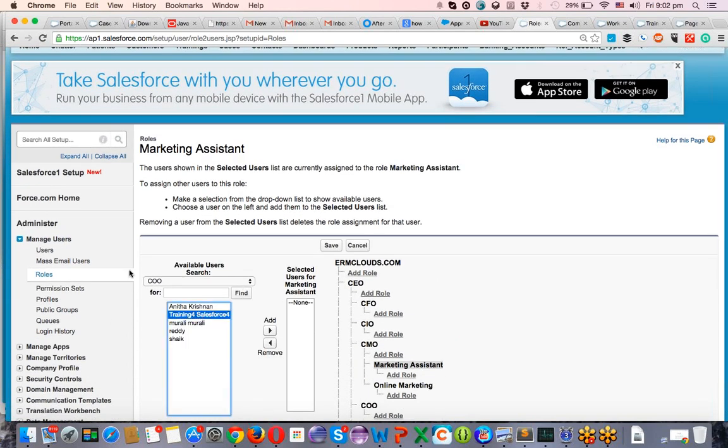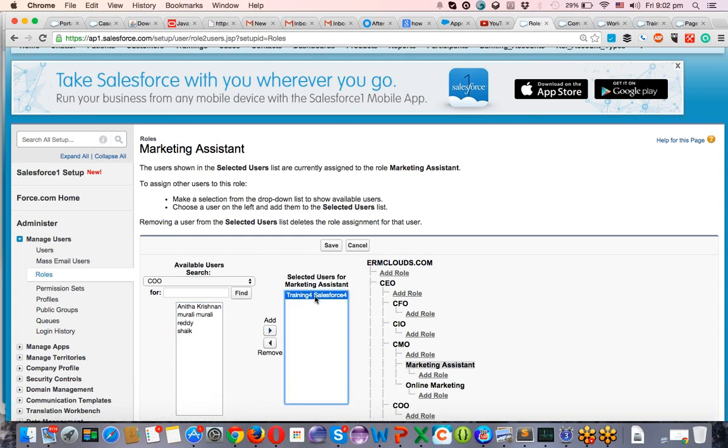I want to make this person, training for Salesforce, a marketing assistant. These are users belonging to COO. Anita also COO, Morley also COO, all these persons are COO. I moved training for Salesforce from the COO role to the marketing assistant role.